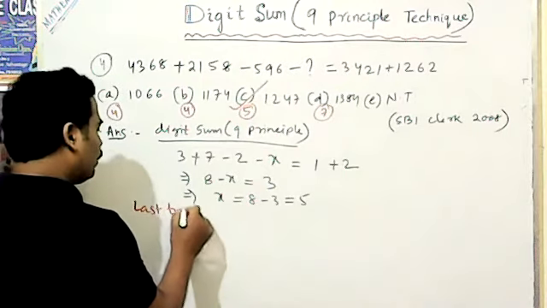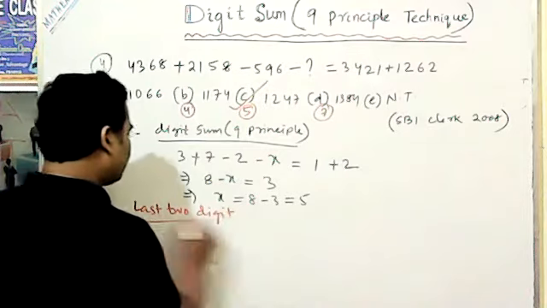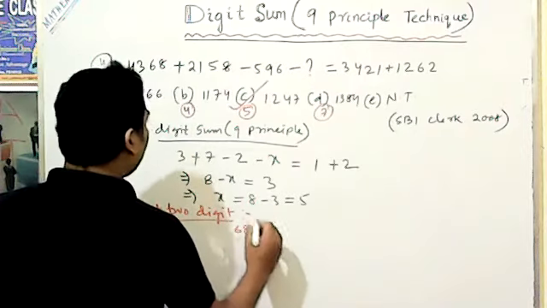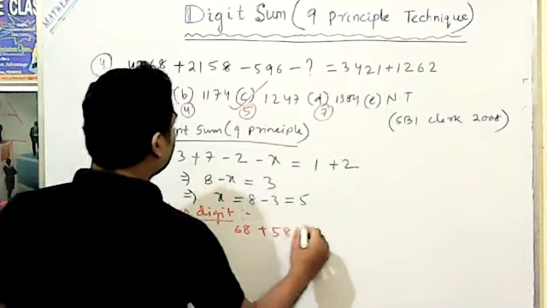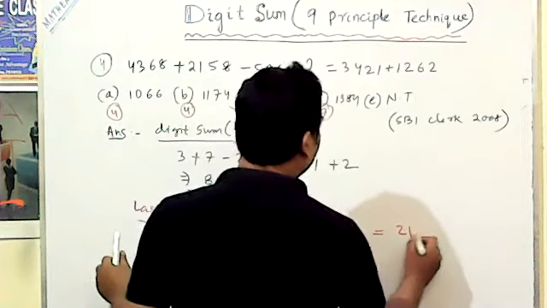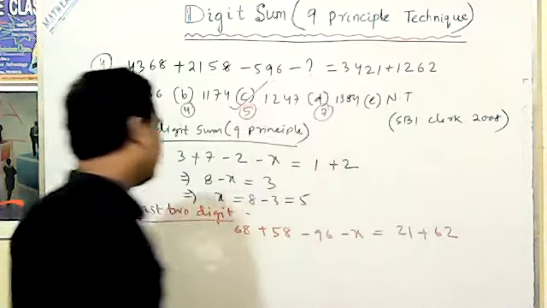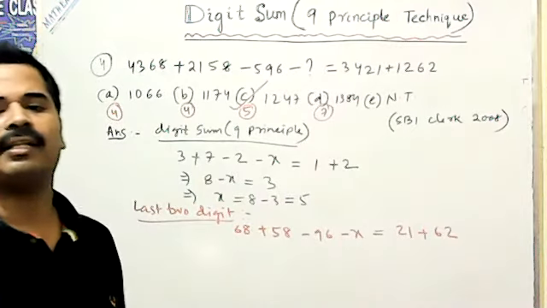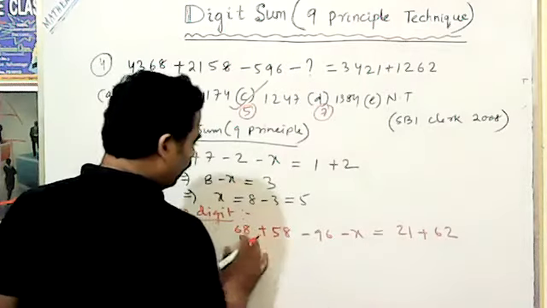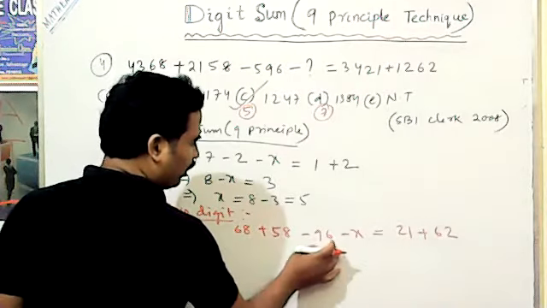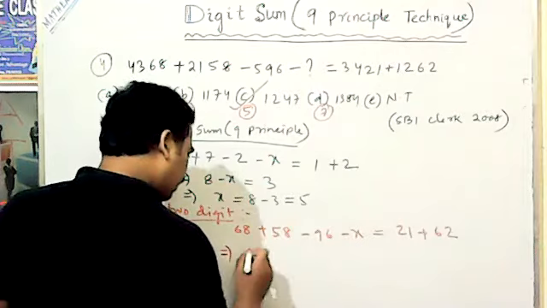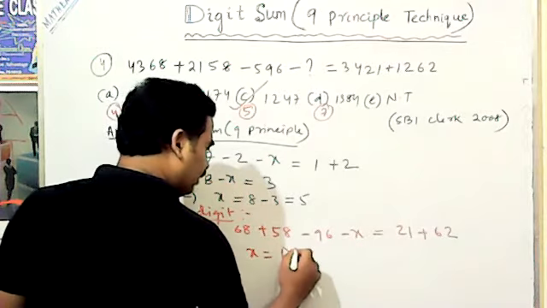डिजिट को लेके लास्ट 2 डिजिट कंसेप्ट, लास्ट 2 डिजिट कंसेप्ट मींस what the concept says, that is 68, that is equal to 58, that is equal to 96, that is equal to x, that is equal to 21, that is equal to 62. That means last 2 digit लेके हम आंसर भी निकाल सकते हैं। तो what the answer will come, last 2 digit हमको 8 8 16 16 16 के साथ ओके 16 से है 10 हुआ, 10 होने से ये क्या है 3 है। तो ऐसे एक्चुअली आंसर क्या होगा ना, x का वैल्यू सम एंड 47 आएगा।